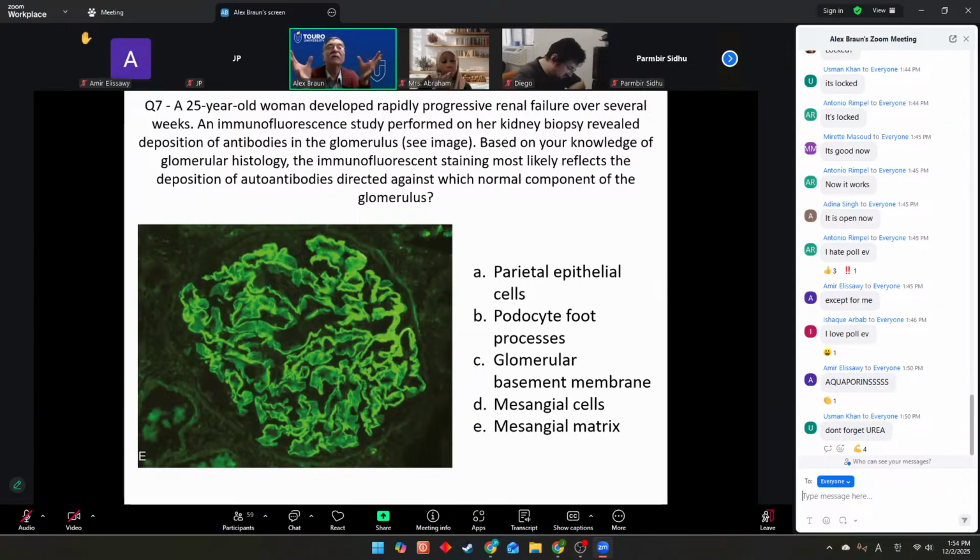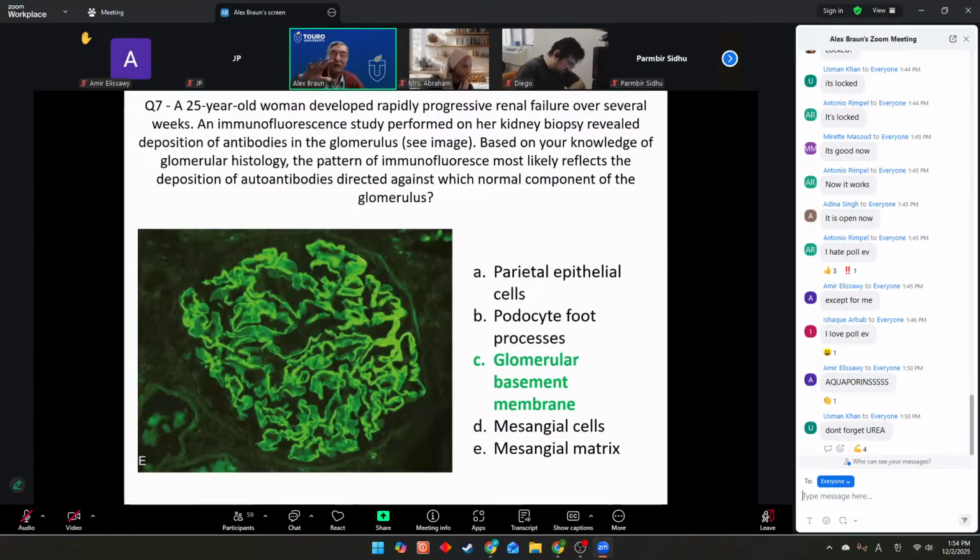So by looking at the immunofluorescence, you could get an estimate of what type of disease process is occurring in somebody. Okay, so the answer here is that from the morphologic pattern of immunofluorescence, you can guess that there are autoantibodies directed against the glomerular basement membrane. Now, this disease process is sometimes called Goodpasture syndrome. In Goodpasture syndrome, the autoantibodies are directed not only against the glomerular basement membrane, but also the alveolar basement membrane of the lung. So people like this get the strange combination of pulmonary hemorrhage and kidney failure at the same